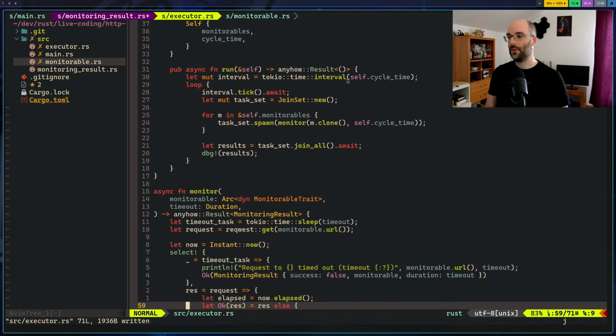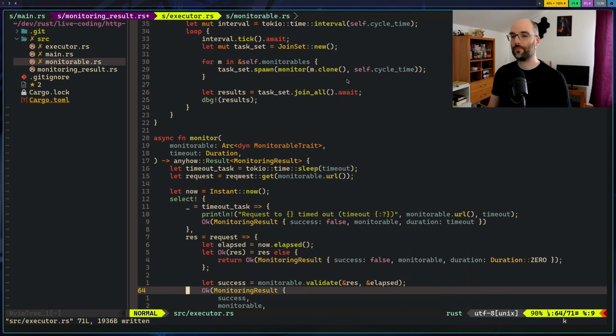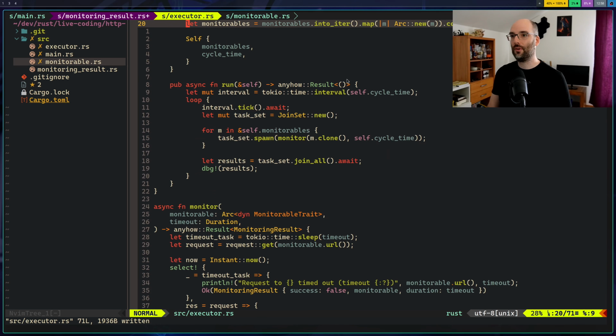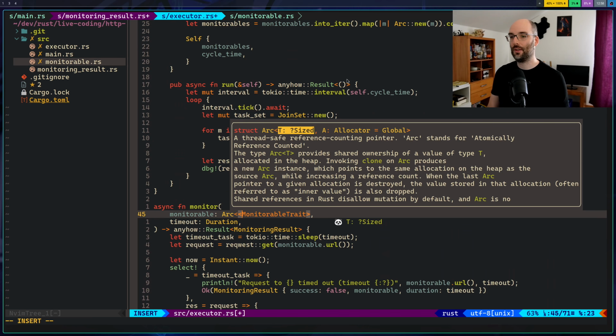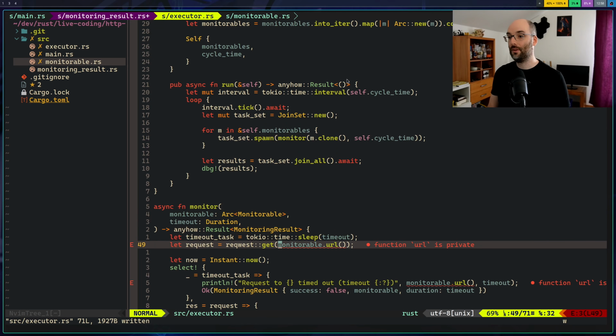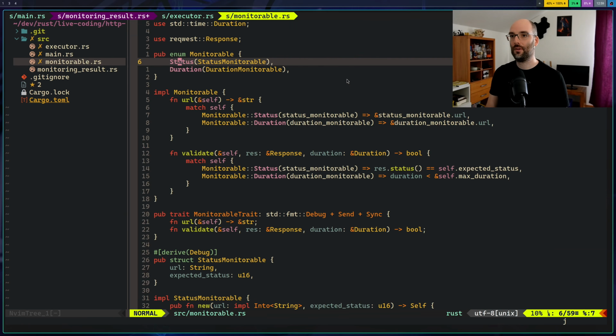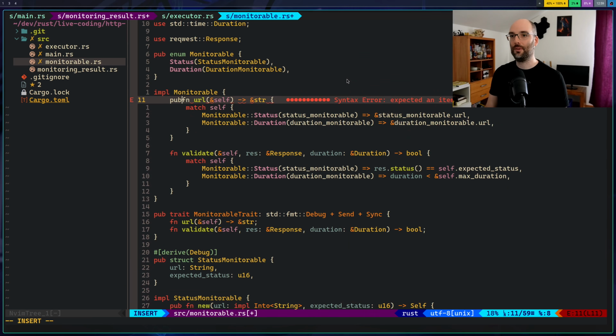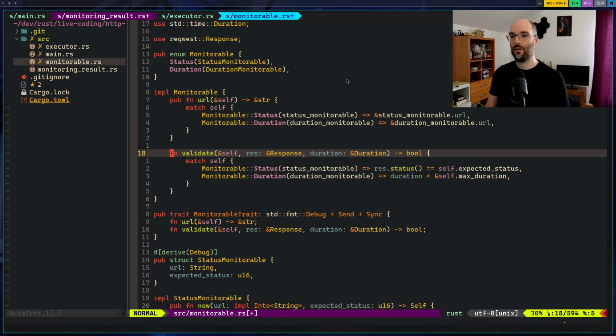That just seems so much cleaner than it was before. So for monitoring then, we'll also take an arc of a monitorable. Monitorable.url. Oh, it's private still. Yes, that's still private. Make it public. Do the same thing here.